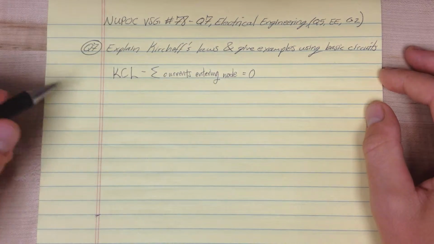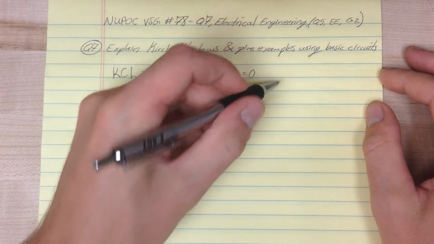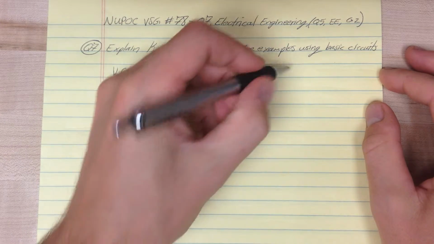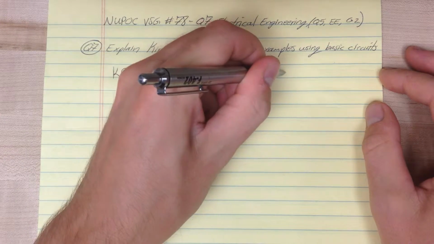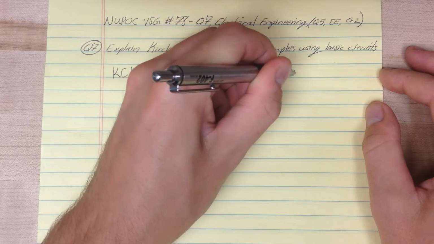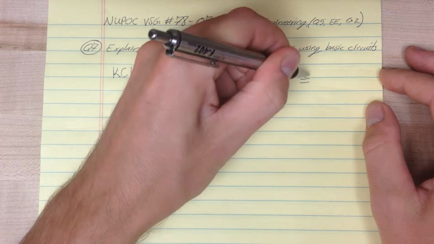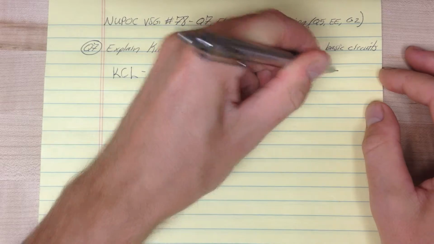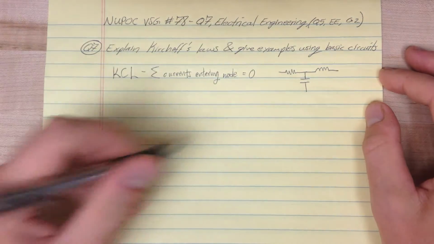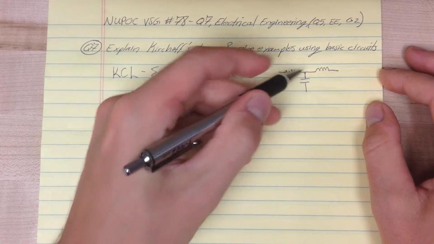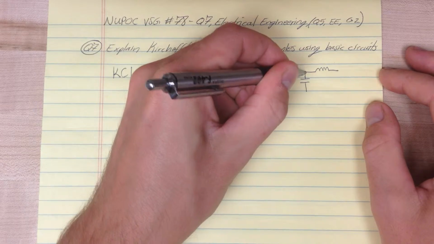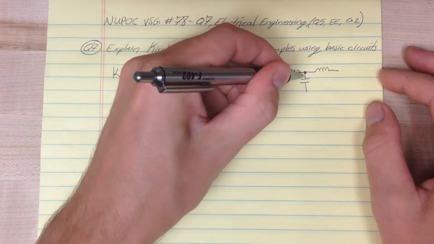So if I have some circuit, and maybe I have a resistor here, and then a capacitor here, and then an inductor here, doesn't really matter. This is a node, right? This junction where all the wires come together, and if I look at all the currents entering that node,